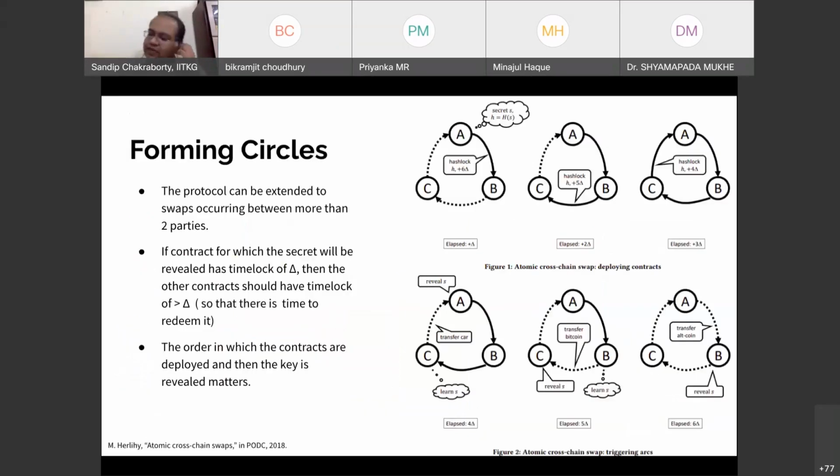Okay. So as I was mentioning, this kind of hash time lock contract or HTLC can also be used to transfer money between multiple parties. So you can use HTLC to transfer money from A to B, then B to C, and then C to E, C to A. So that kind of cycle can also be formed. Just for the interest of time, I'm not going into the details of it, but you can look into the paper to get the details about how such cycles can be formed and complex transactions can be executed with the help of HTLC.